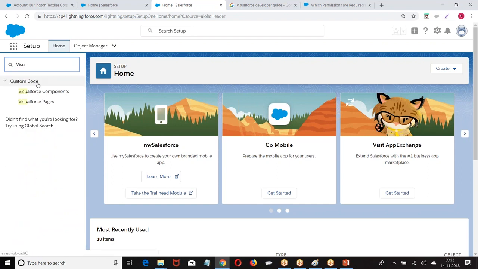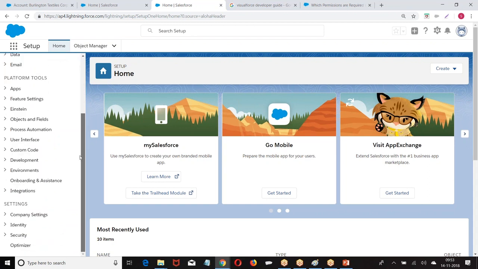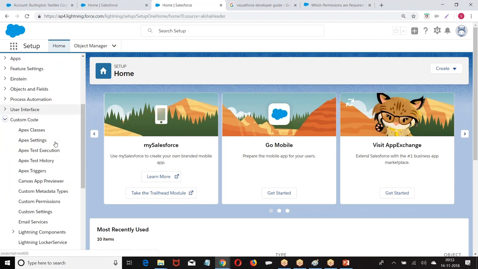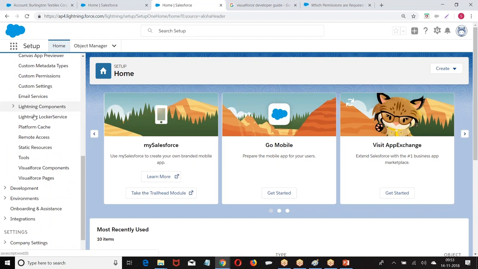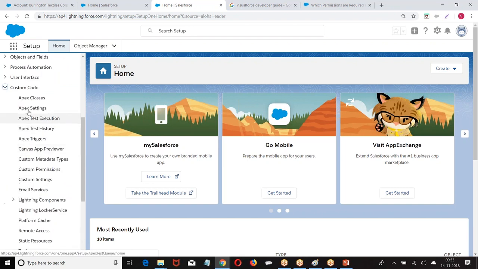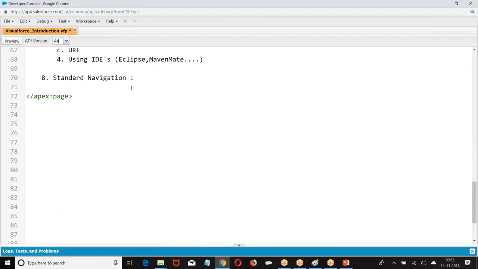What we have is Custom Code, Visualforce. Let me remove this. If you want to check the complete navigation, you will find Platform Tools, Custom Code. Under Custom Code, we have Lightning Components. Under Lightning Components we find Visualforce. Custom Code, Lightning Component, Visualforce. Right, boss? Now go back to the navigation.